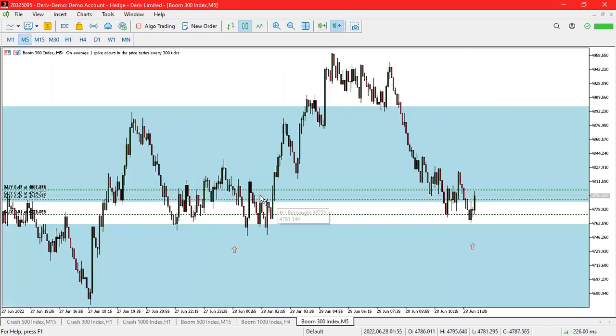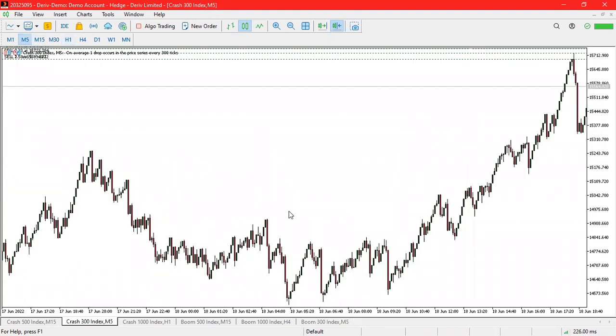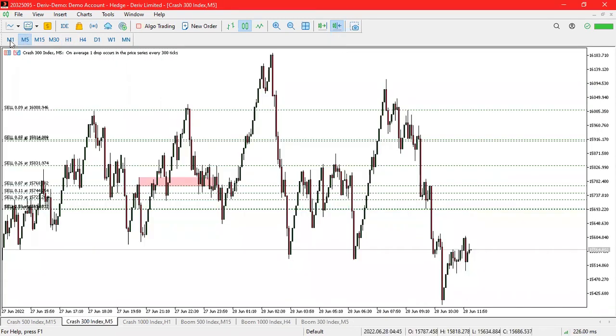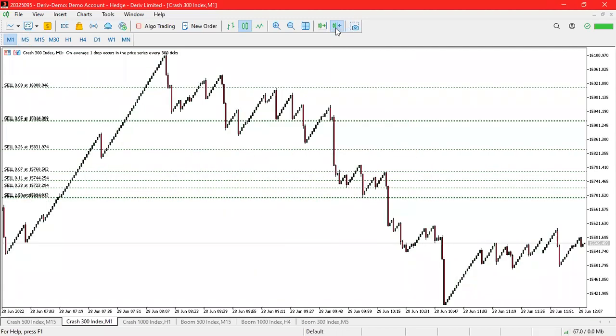Here, we find the market somewhere here, we bought, check what we bought. And then after, it went up. Now it's back again, up. Guys, I think this is a lot. Let's check Crash 300, the very same thing. These are the results that I wanted to show you guys. I've been wanting to show you, but the network yesterday was playing with us.